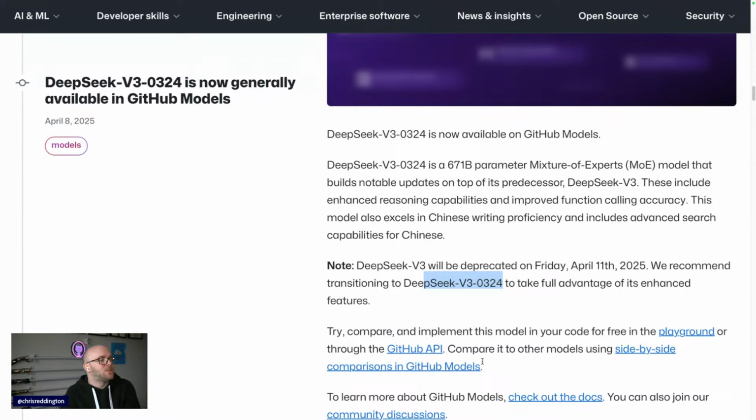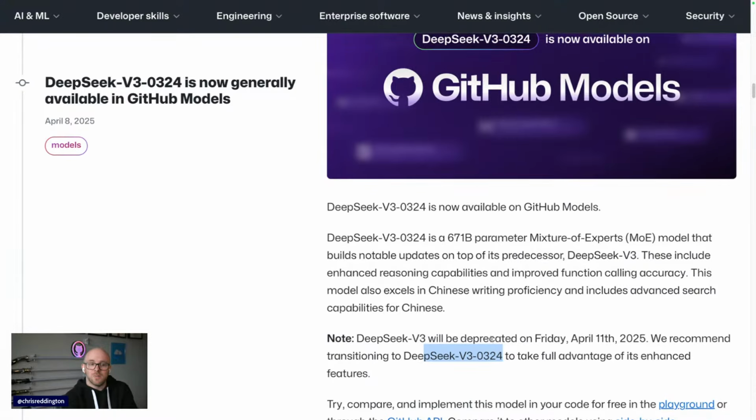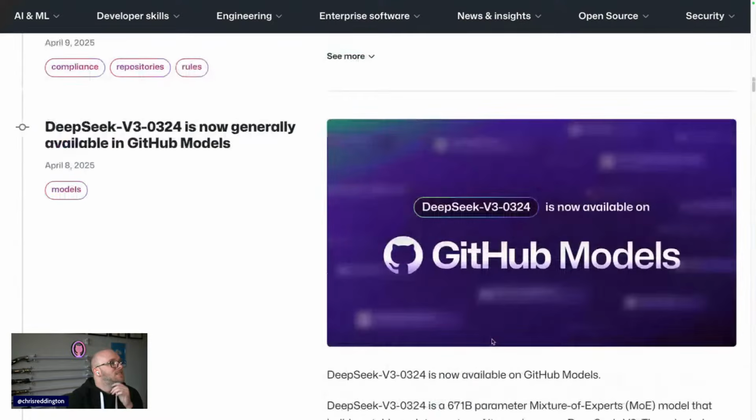If you're building apps which maybe you want to bring AI into them and make them more intelligent, GitHub Models is a bit like this playground where you can write some prompts, test things out, and see how that experience goes, and then you can start integrating that in a dev test scenario, and gives you that ability to experiment. So what that is saying there is DeepSeek v3-0324 is now GA, generally available in GitHub Models. So a great update there.